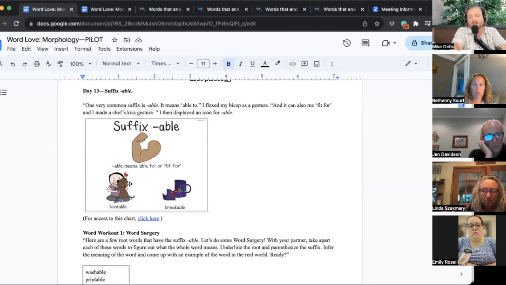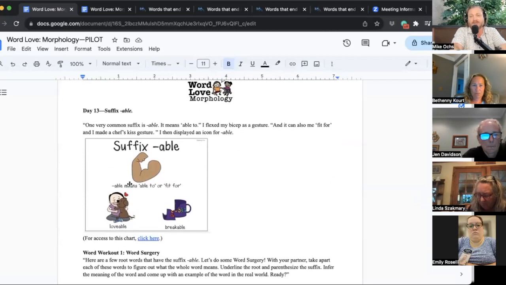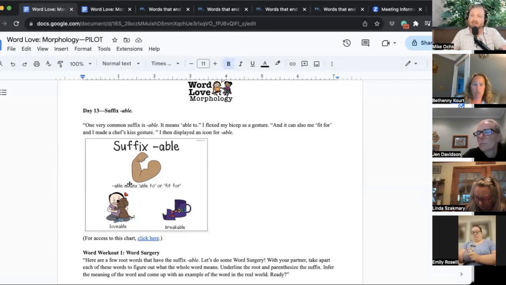Now, a word on suffixes. We're focusing on derivational suffixes, not inflectional suffixes, for the scope of this project for right now. Derivational suffixes meaning these are suffixes that change the word's meaning, what the word means, not inflectional suffixes, which change the tense or the inflection of the word. Inflectional suffixes are great for multilingual language learners. Most native English speakers already have a felt sense for inflectional suffixes. That does not mean they're not important and worth teaching. It just means they're not the scope of this project for right now. Might they be in the future? It's possible, but not at the moment. So derivational suffixes is what we're working on.